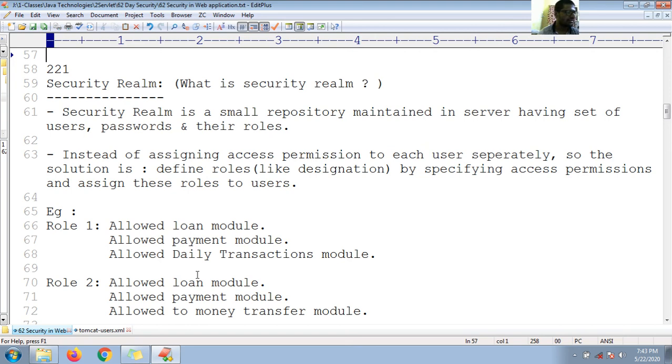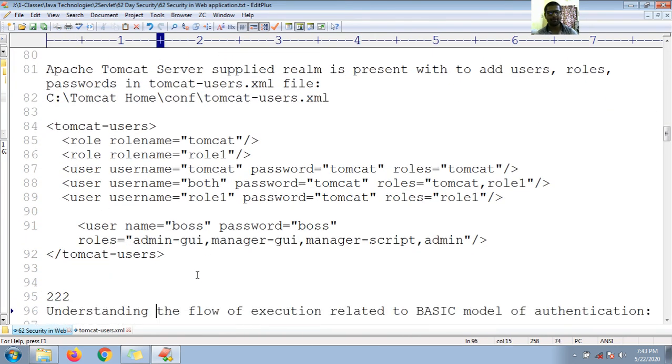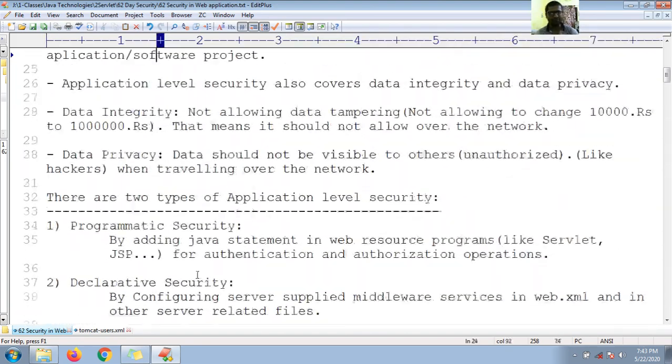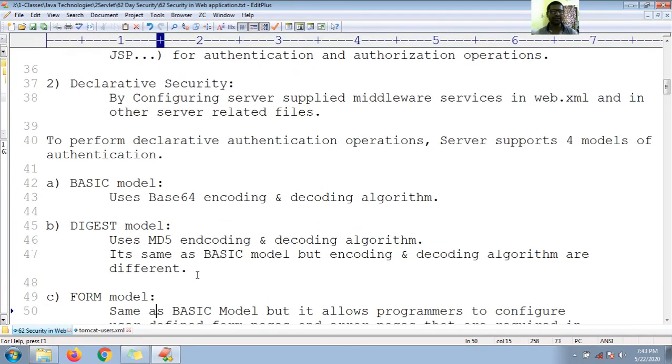Okay guys, now let us see one more example: understanding the flow of execution related to the basic model of authentication. Just now we have seen four types of declarative security approaches in application level security.